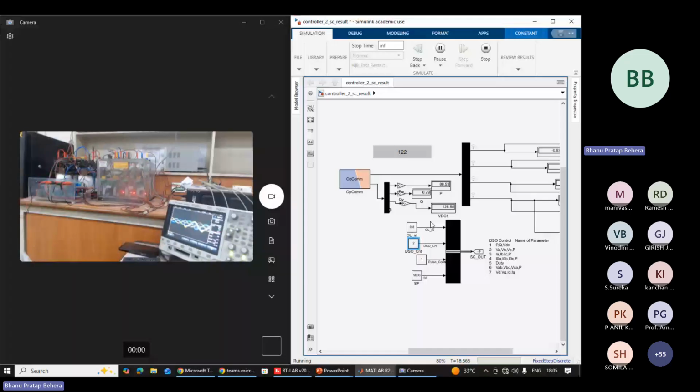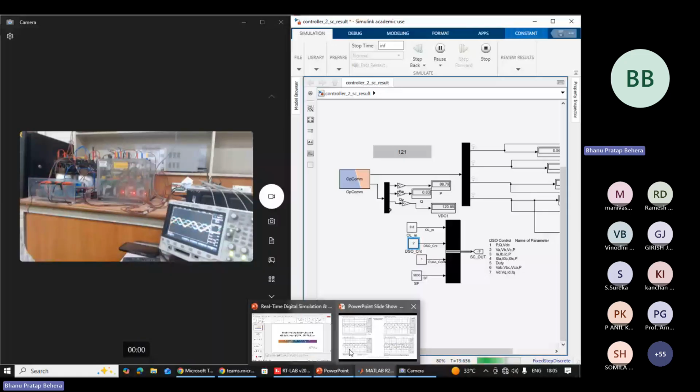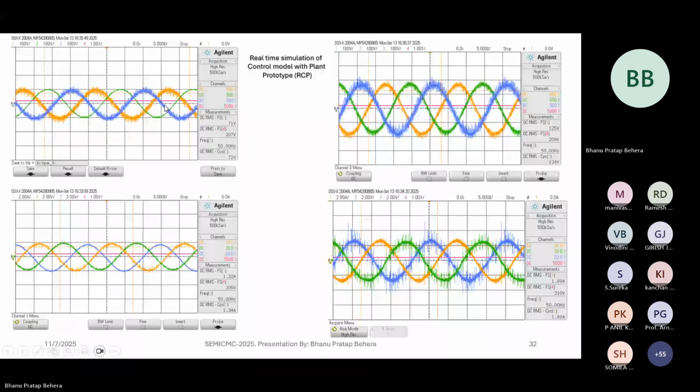This is the voltage. So you can see the result I already took, which is on the screen here. This is the result I took from the DSO. So you can see these are the signals which you are getting, and this noise is due to